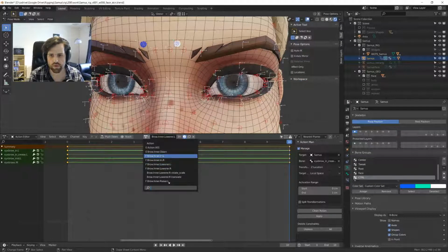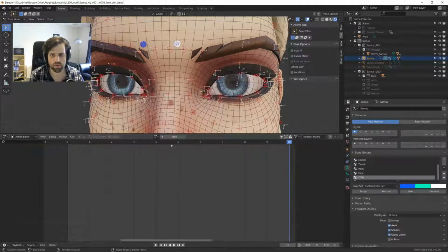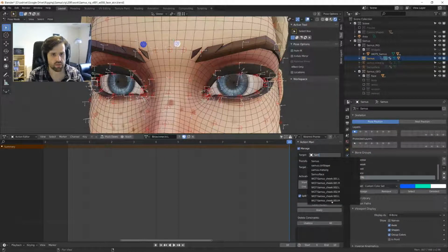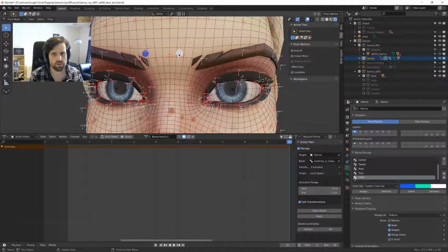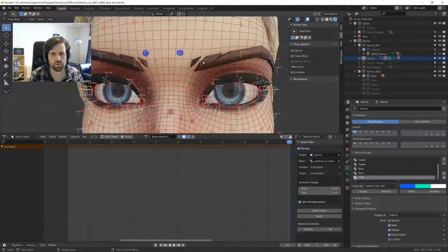So brow inner in, I already have these actions, I'll delete them. No, yes. Brow inner in, yep. Target the Samus rig and use the same control. So do I still have that? Yes, I do. And I want to go -1 centimeter inside, like inwards rather. And yeah, basically we'll just end up